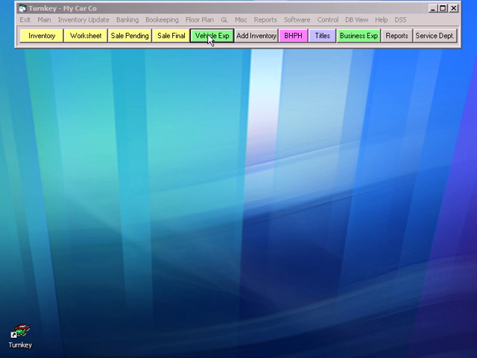Now that we have an inventory in stock, we're going to add some vehicle expenses. If you click on the vehicle expense button, you'll see that there's internal expenses and external expenses. An external expense is whenever someone gives you an invoice. An internal expense would be, for example, you have somebody on the payroll that washes and wipes all the cars